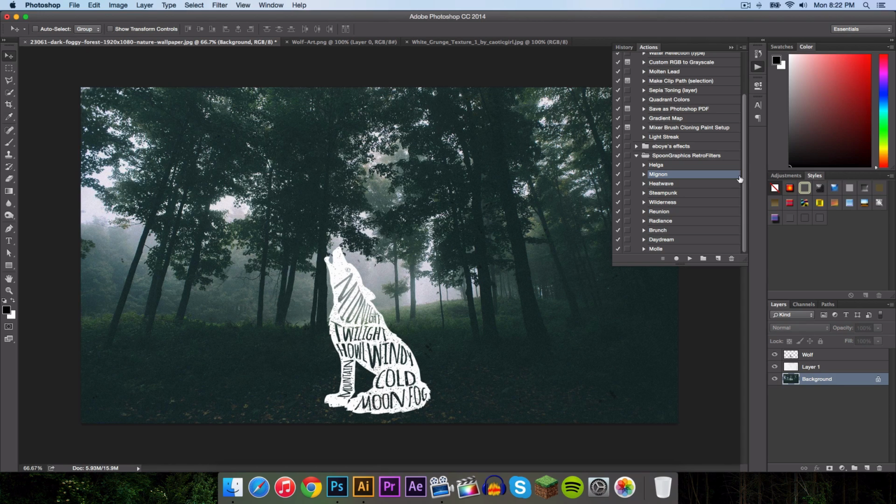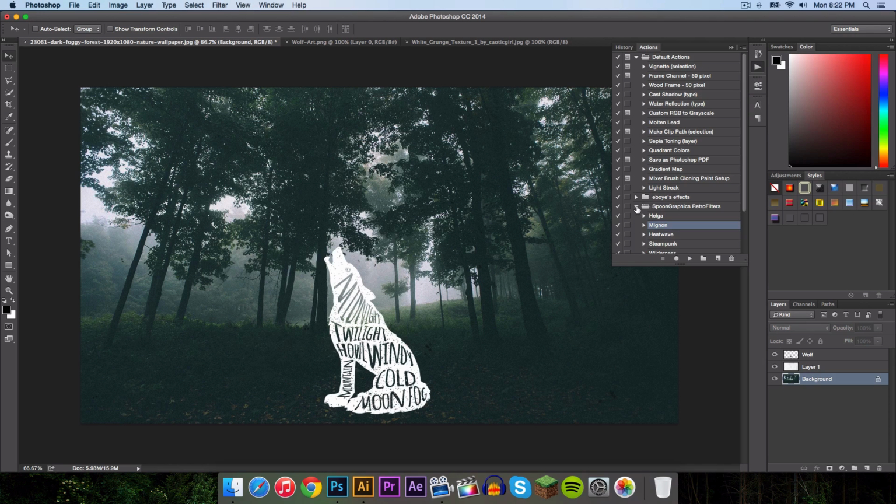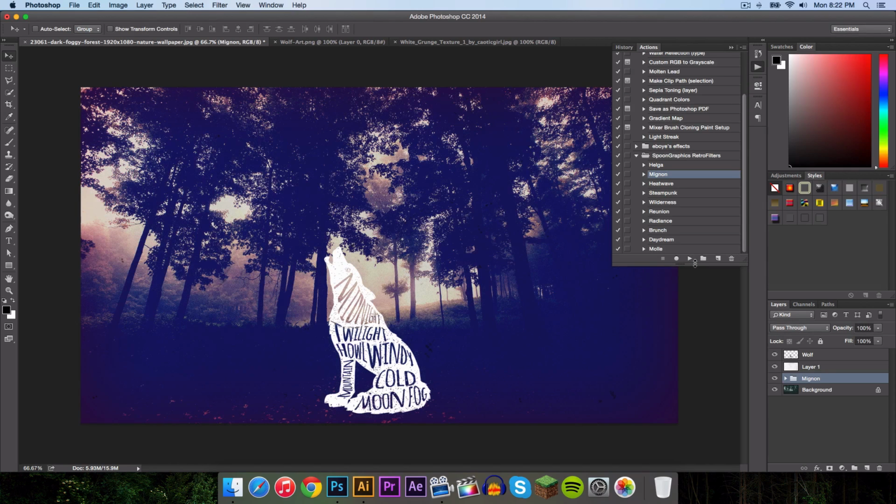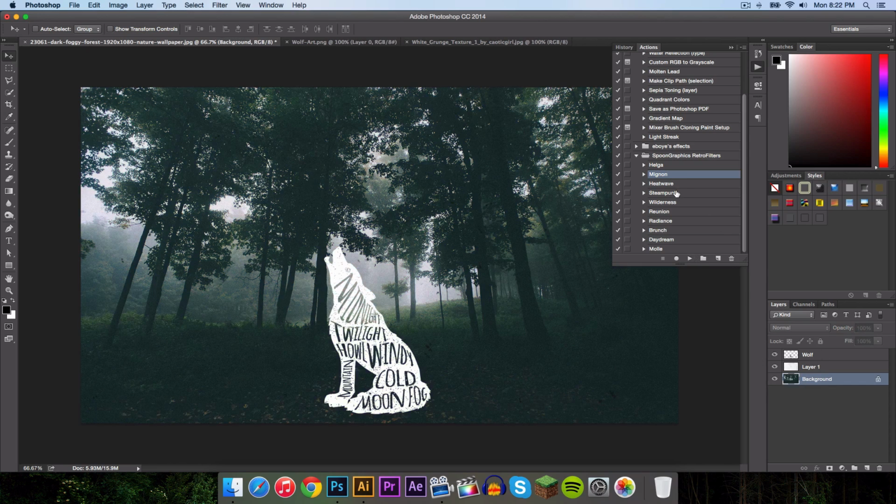So now we're going to go ahead and, like I said, go to your background, make sure that layer is selected, and you guys could select the filter. So you're probably going to look like this. Click on the little drop down icon here, or the little triangle. And then you guys can go down and select each one. So Mignon, select play, and it gives you that. You can just press delete if you don't like it.